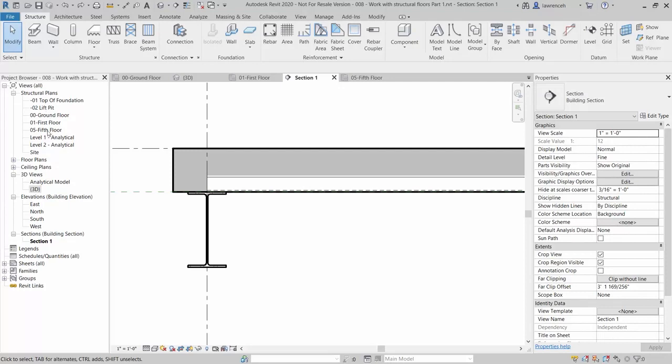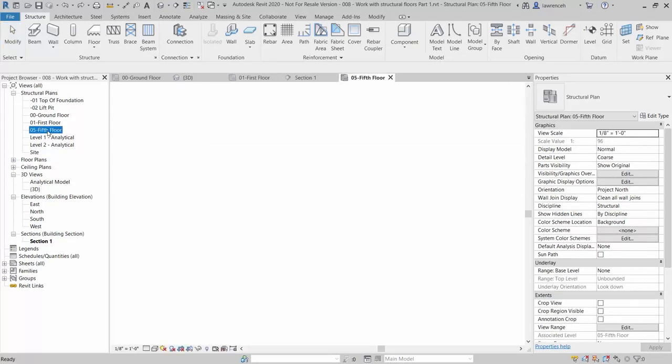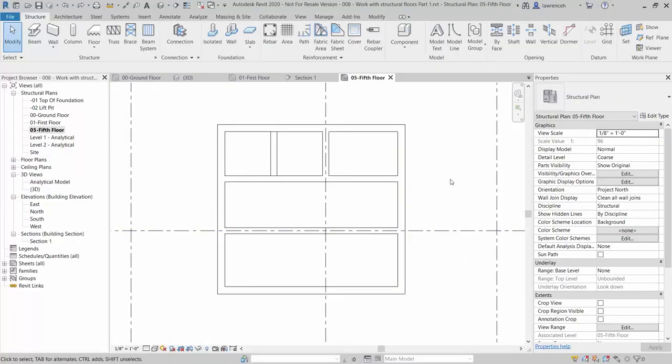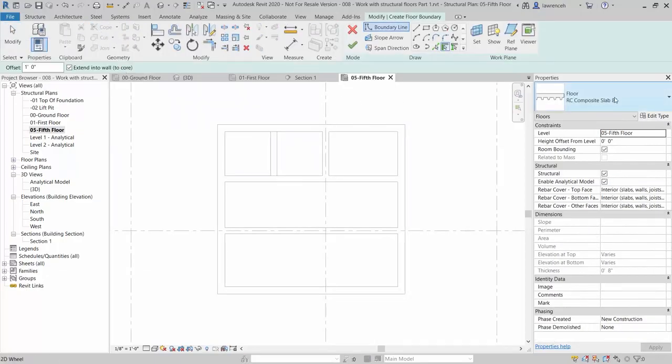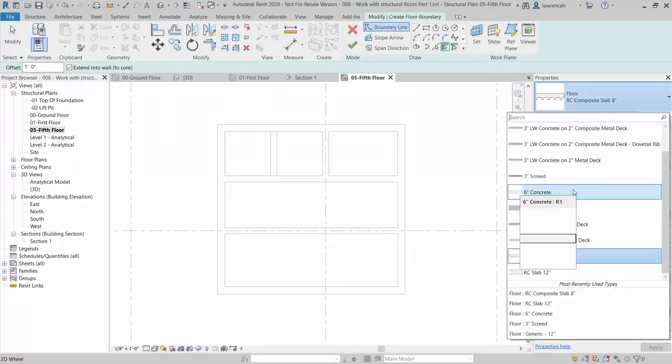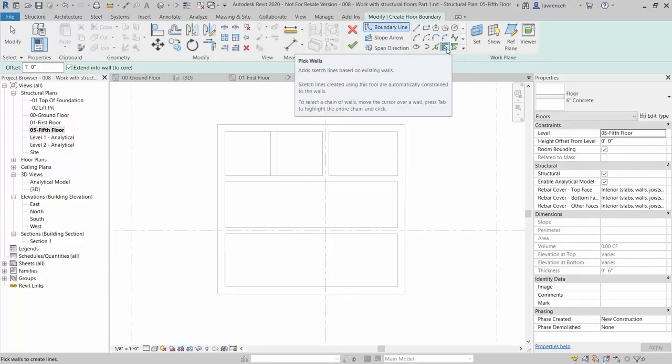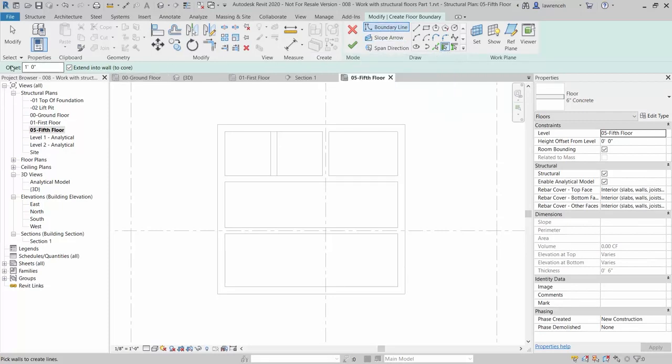In the project browser, open up the plan 05 5th floor. Here, we're going to create a slab on top of the core with a 6-degree fall. To do this, on the structure ribbon, select floor. Let's ensure here that we're using our 6 inch concrete slab. On the context ribbon, note we're in the boundary line mode, and here we're going to utilize Pick Walls. On the options bar, note that we have a 1 foot offset. I can then simply go around and pick the boundary of my walls,